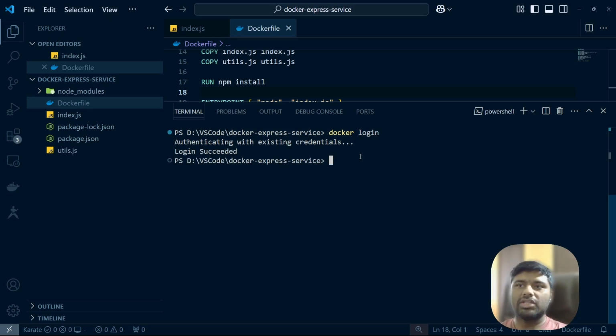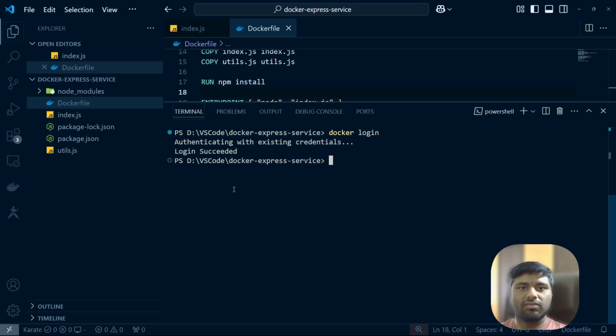Initially, you won't get this login succeeded message, because I already did it. So what will it ask? It will ask to enter your Docker Hub password. Whatever the Docker credentials you created while signing up, you have to remember that. That is essential. While running this command, it will ask for the username